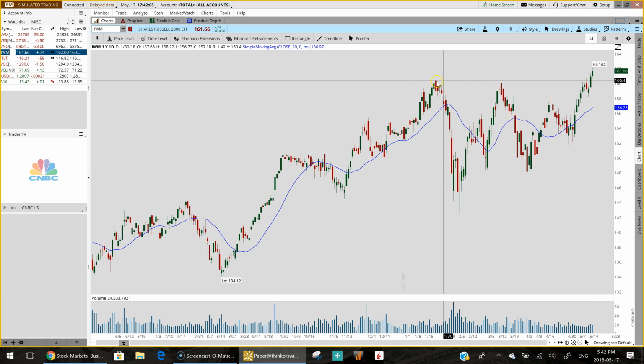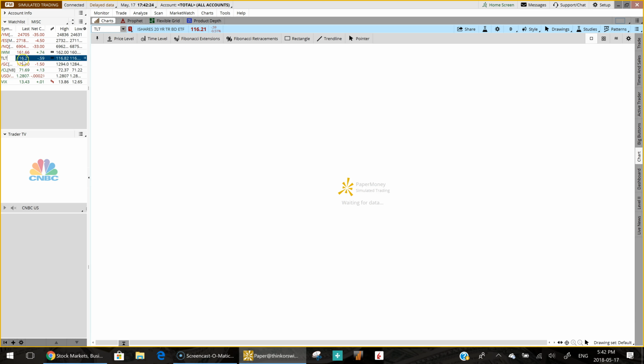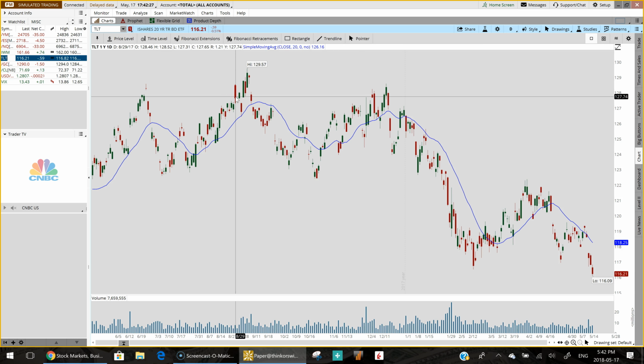So, safe to say this has definitely broken above this recent range. We do have upward momentum. This should continue to move higher. So that looks pretty good right now, and there's a good chance that will drag the rest of the market higher. What can keep this down, though, is rates continuing to move higher, and TLT is a good measure of